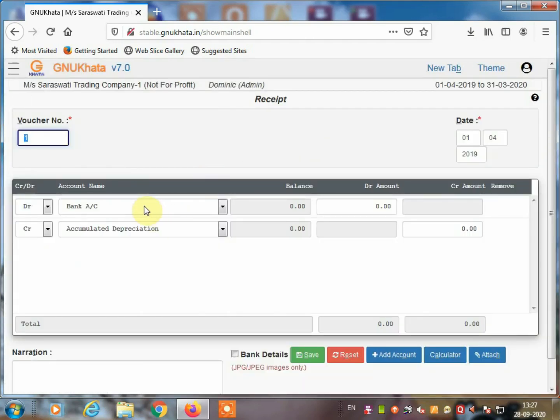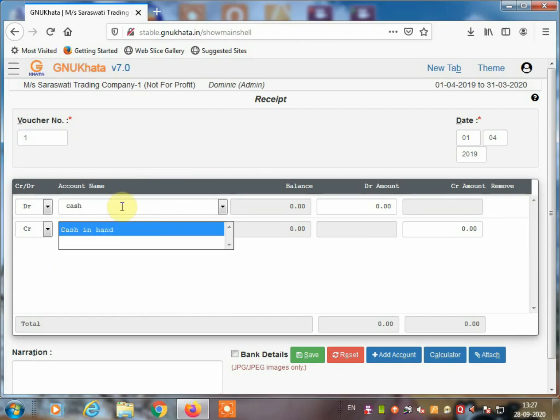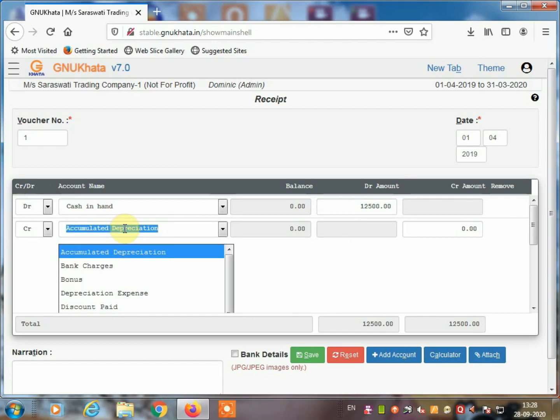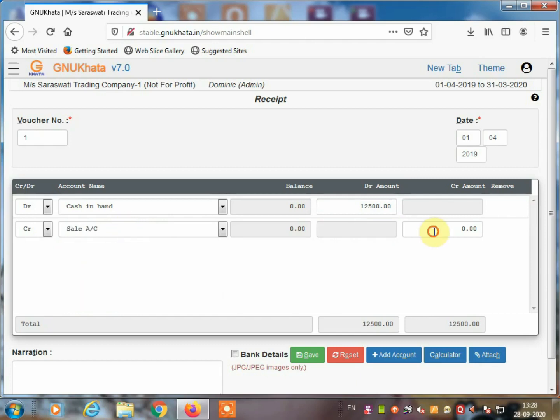Then debit cash account. How many rupees did you get? 12,500. Credit sales account. Okay, how many rupees are you going to credit to the sales account? 12,500. Okay, then here you can write,